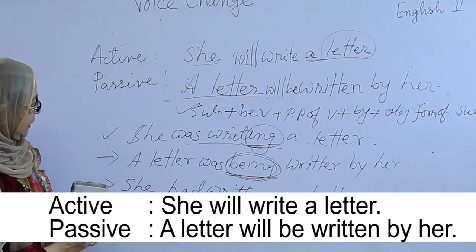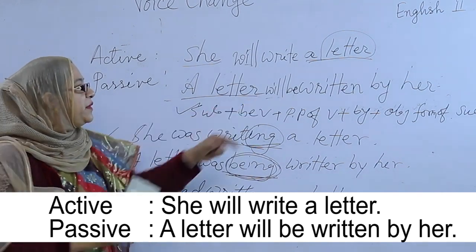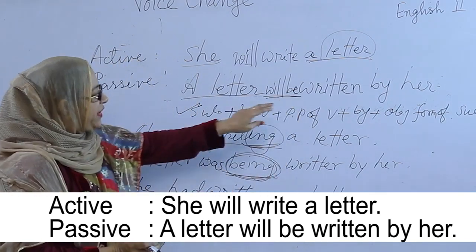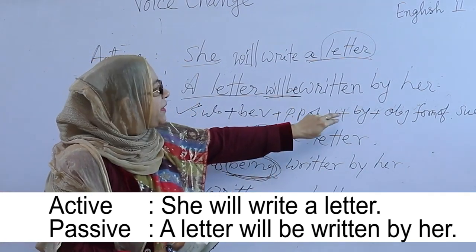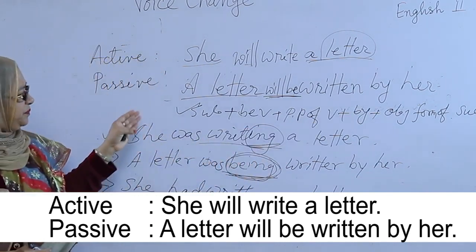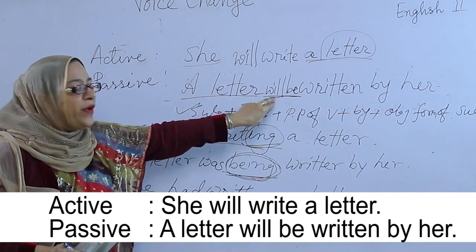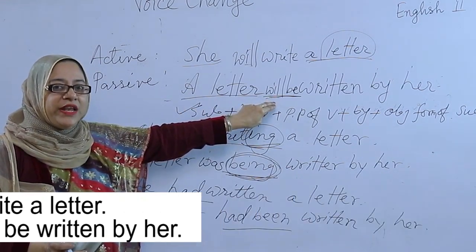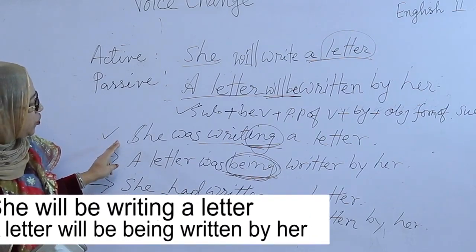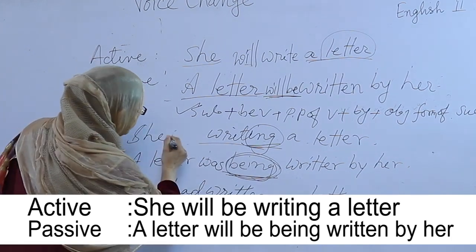And look at the board, the structure: subject plus be verb. This is the be verb. Will be: a letter will be written, past participle form of verb plus by plus objective form of subject. I only change to will be. Then I will turn it into future continuous. She will be